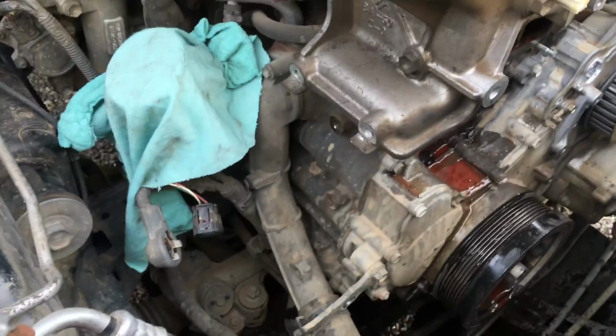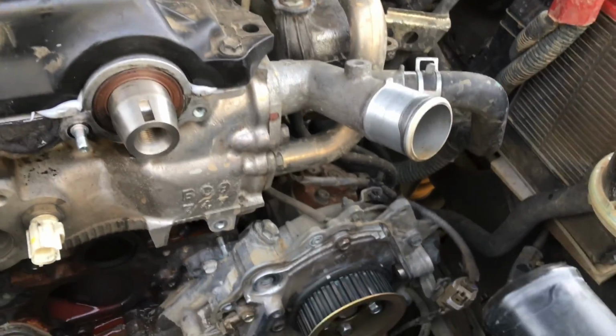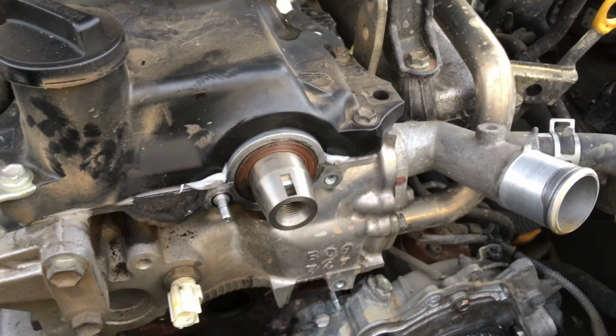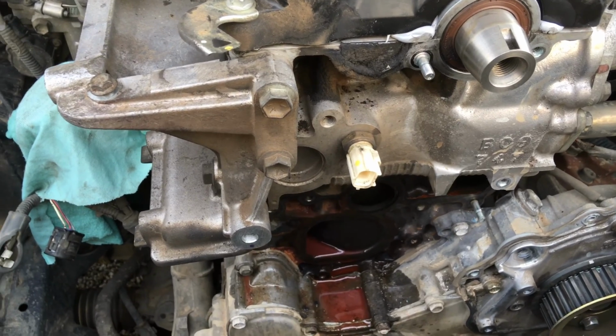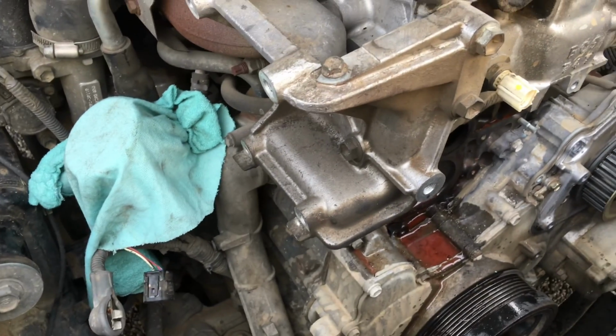Okay, so you can see the difference? The whole backing plate for the timing belt is off, and this is exactly that video to show you the comparison. This is an early Euro 3 to show you the exact comparison between the two, the amount of work involved, the difference. This is quite a lot of work, so if you don't feel like you're that game to go in and get this one done, or either of them for that matter,